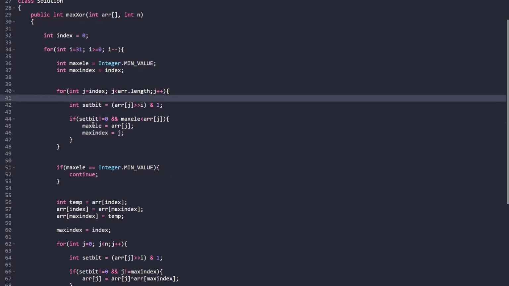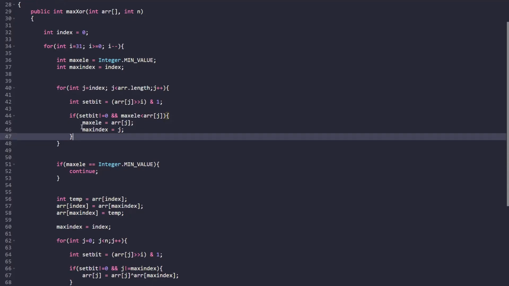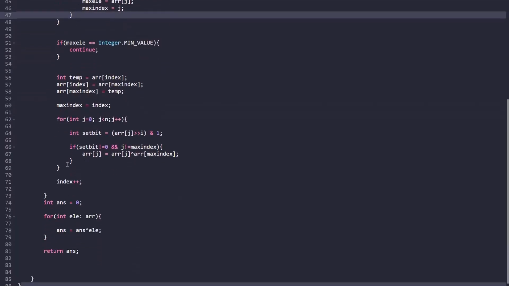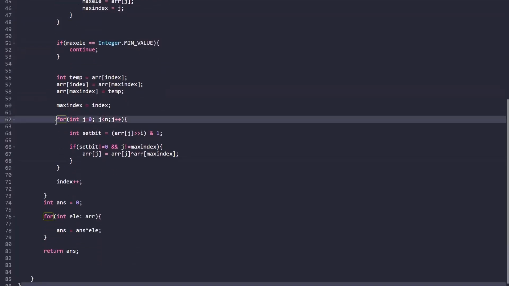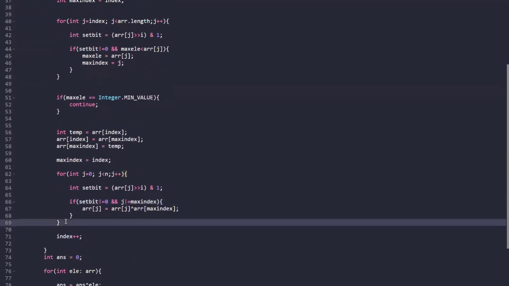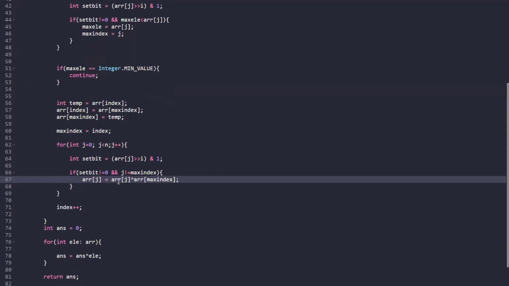Now, first of all, we are trying to find out the ith bit that is set, right? We are trying to figure out the ith bit that is set in our number. And then in this particular part, we are basically figuring out the elements for which the ith bit that we have found is set. Like we were taking 9, 8, 5, so in 9 the third bit was set, so we were checking for the rest of the numbers whether that particular bit is set or not. If it is set, then simply you have to do the XOR operation. So that's what we are doing here, and we are keeping track of the index as well.